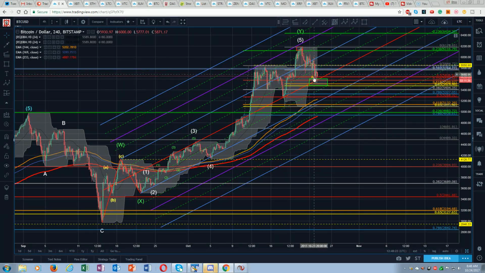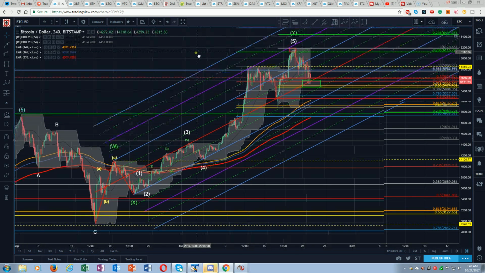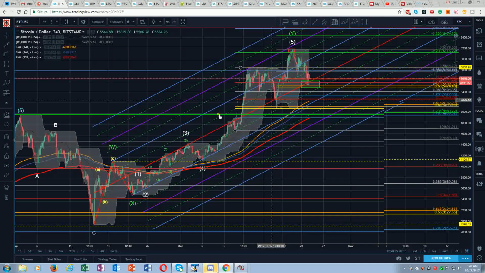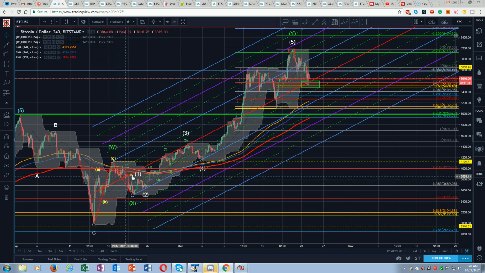well, we can just see we've got a nice little ABC underway, and it should be no surprise considering how good this pitchfork has been at containing this move, that we've come down and we've wicked the median line here right as we hit this little fib cluster. That's thus the drawing of the box, and we came right into the box.